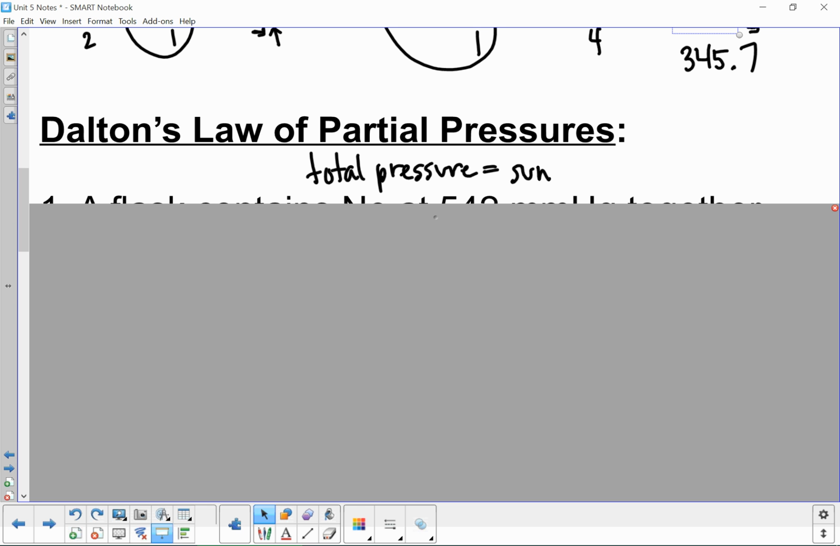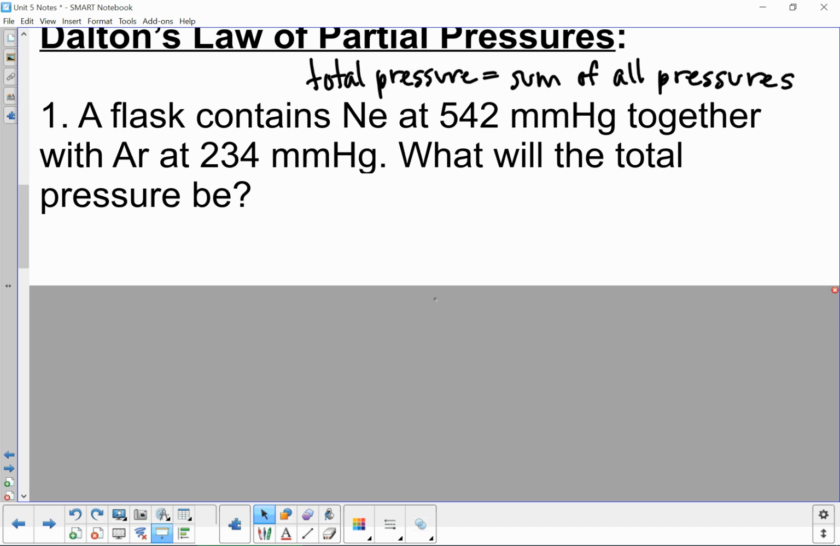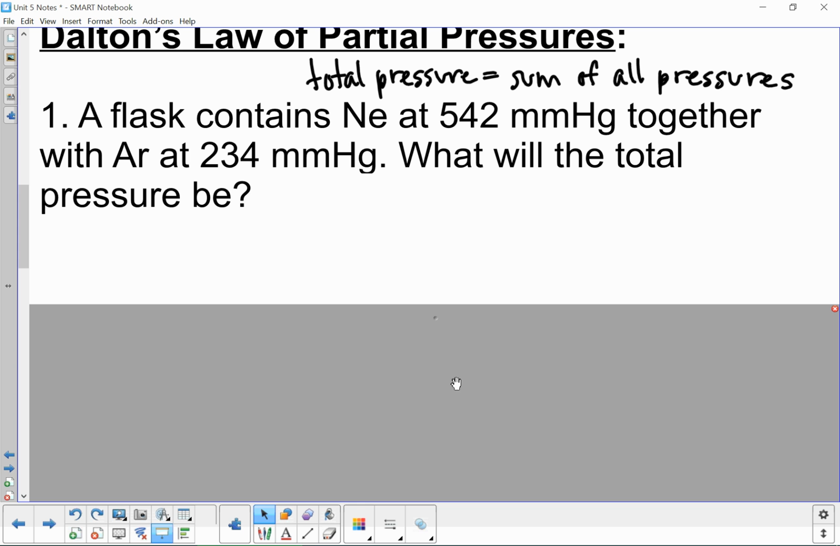equals the sum of all of the other pressures. So basically we're just going to be adding some numbers up. So this is kind of a nice easy law. You just have to remember sig figs. So if I look in this question, it tells me that I'm looking for the total pressure. So I don't know what it will be after I've added everything up. But it does tell me